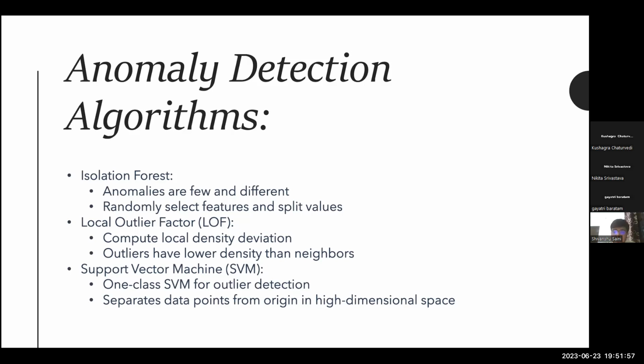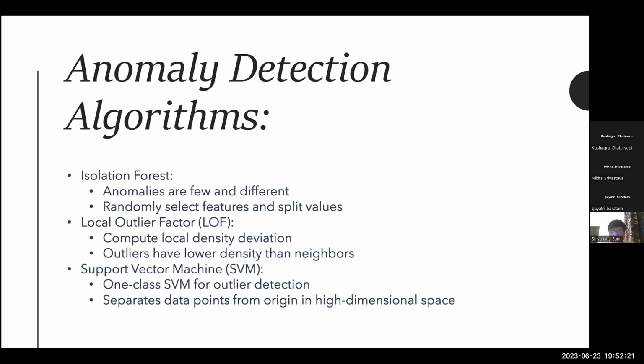Now the local outlier factor algorithm is an unsupervised algorithm used for outlier detection. It computes the local density deviation of a data point with respect to its neighbors. Outlier samples have substantially lower density than their neighbors, indicating their anomalous nature. The LOF algorithm, that is, the local outlier factor algorithm, is effective in identifying outliers that may represent fraud transactions in